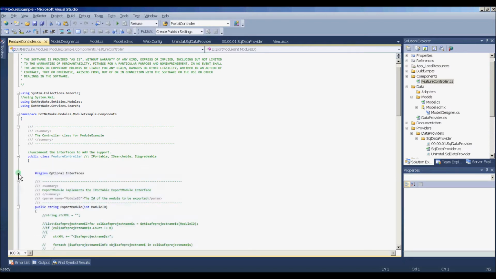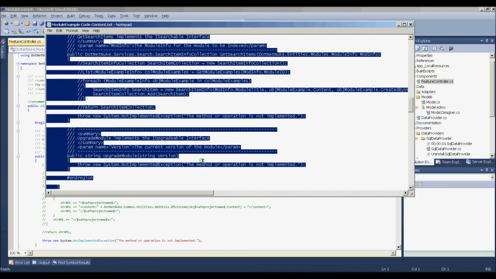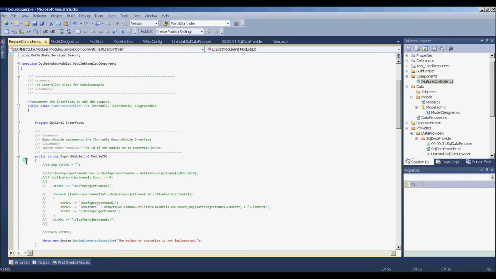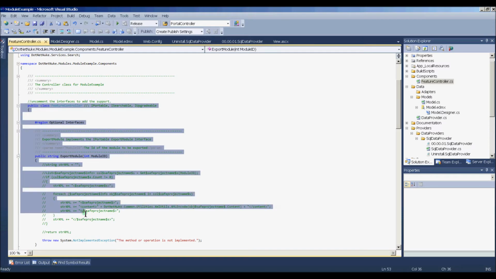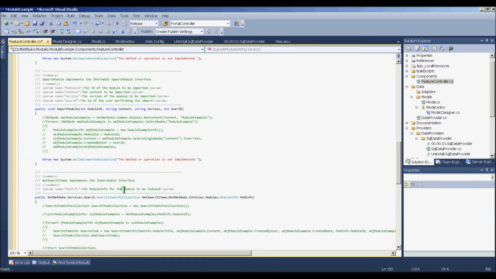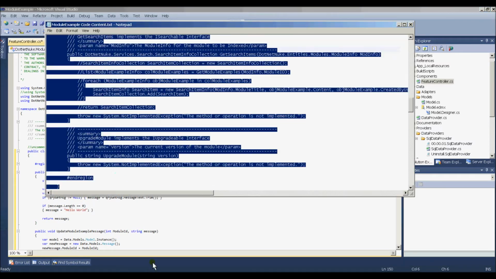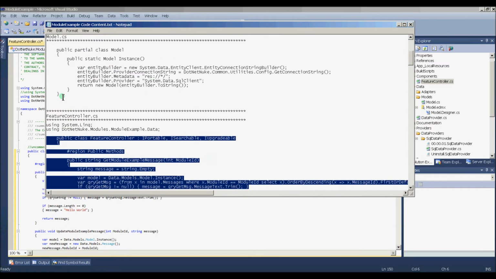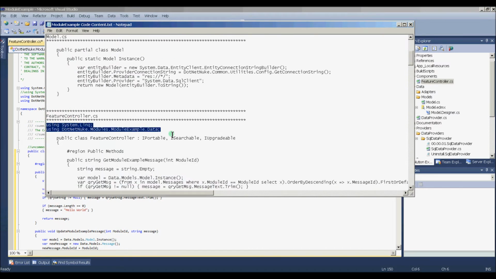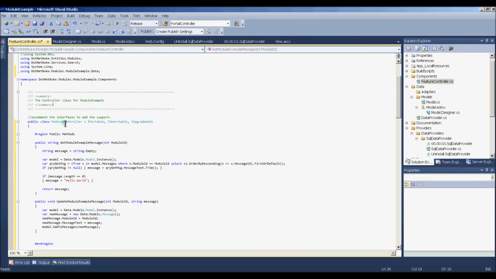And what I'm going to do is just paste some pre-baked code into here as the class, and I'll explain what it is that I'm doing. And I bet I'm going to have to pick up a couple namespaces here to include. Okay, so this is our feature controller, and like I said, DotNetNuke modules like to have a controller class